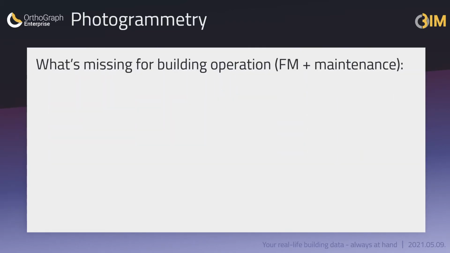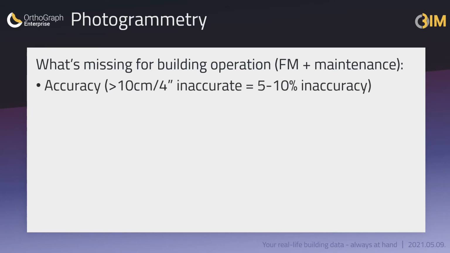What's missing for facility and maintenance management from the photogrammetry solutions? First of all, accuracy. As mentioned, even in very good lighting conditions, the generated point cloud of photogrammetry is inaccurate today. It does matter if something is longer or shorter with the thickness of a partition wall, as it might have a strong effect on rental area or even on building utilization. It's crucial to know whether walls are removable and also to contract with tenants with high accuracy. 2% deviation in the rental area in the 30 to 50 years of building utilization means an amount of money that is comparable to the total construction cost of the building.